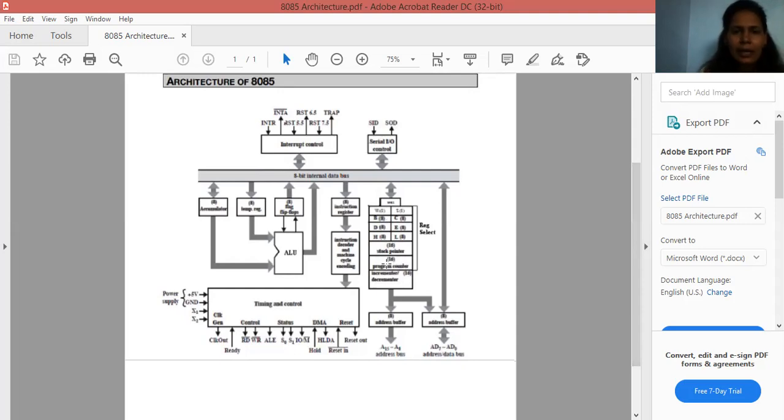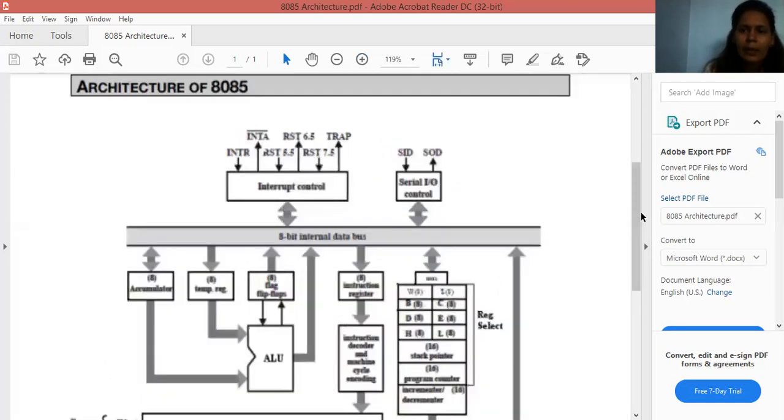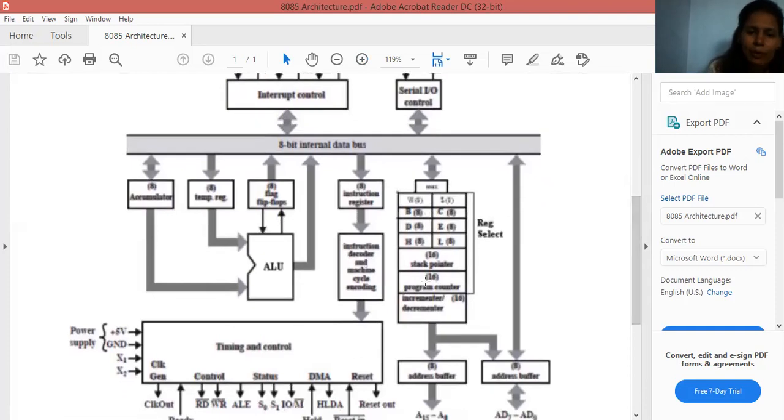We know that program counter is a 16-bit special purpose register. Program counter holds the address of the next instruction. So in the program counter, the address of the next instruction is available.